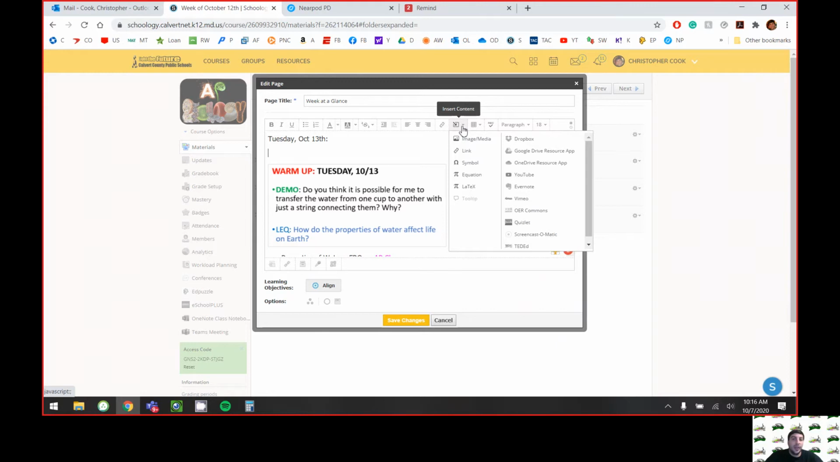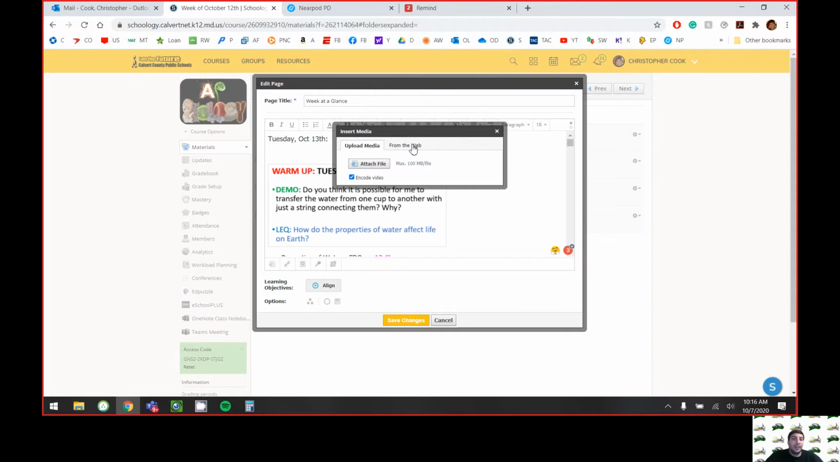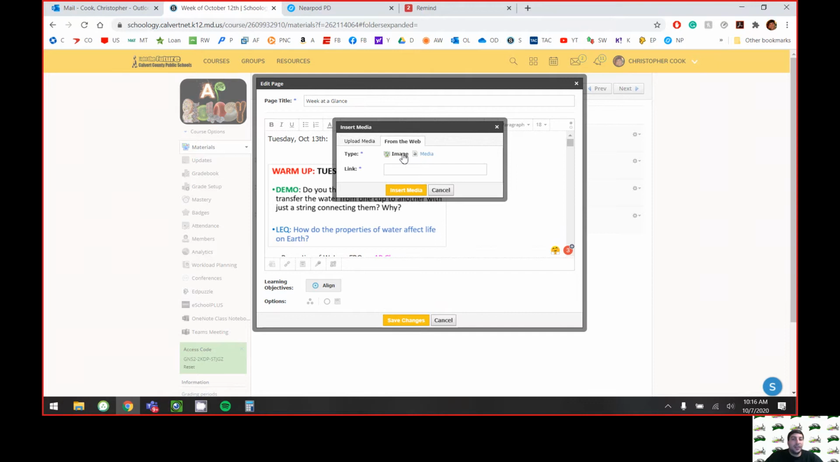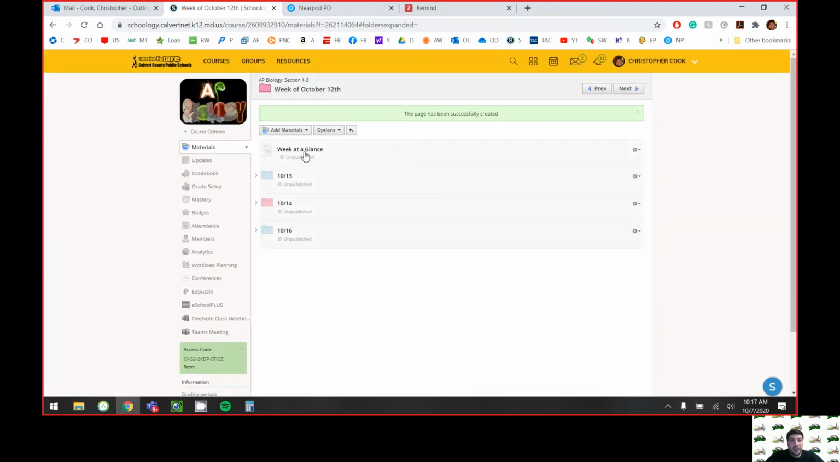then I'm going to want to do Image/Media, and then I want to hit the tab From the Web, and then I want the type to be media. Okay, the type to be media, and you can see now this embed option pops up. So then you can just copy and paste that embed code, hit Insert Media, and you can see this little yellow box appears. When you hit Save Changes, and you actually pop this up,